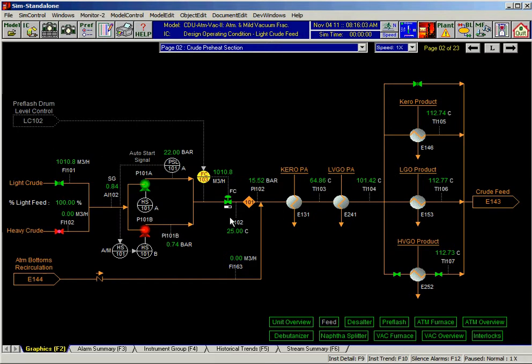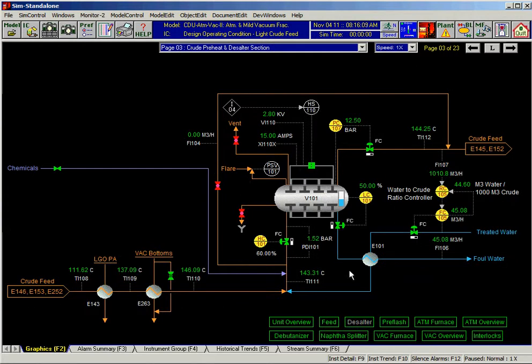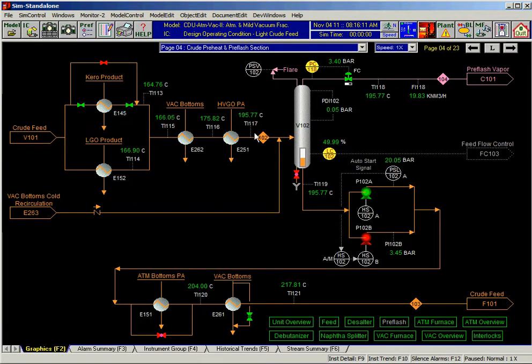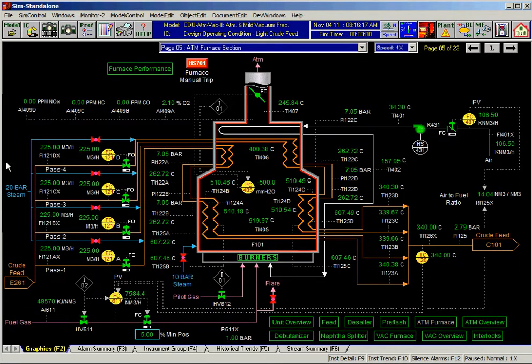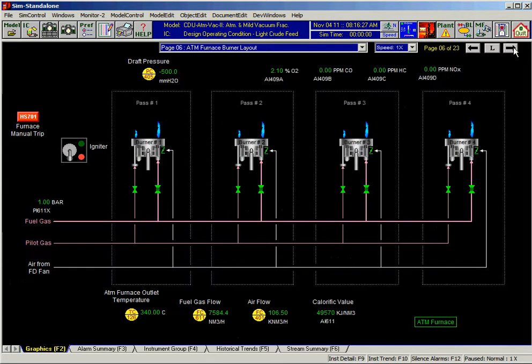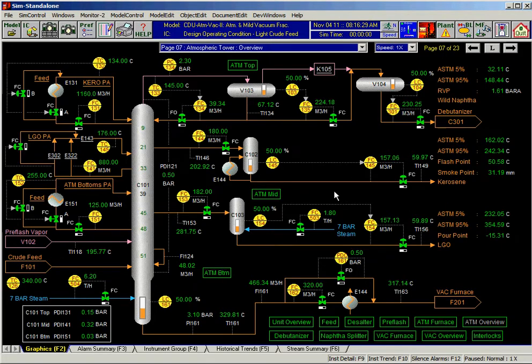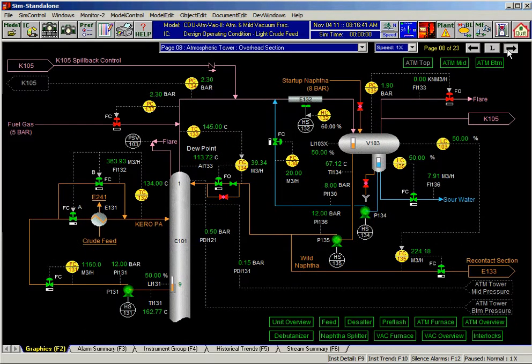So if I were to look into the feed section, this sort of looks similar. Preheat train is slightly different. Then we have desalter, some more preheat, pre-flash column, more preheat. Crude furnace, okay, so this is similar again, but this is a forced draft furnace. So here we decided to do something different. And then we have 4 burners. Overhead section, so the difference here is we have kerosene and LGO. Pump around is a little bit more complex than the previous one. And then we have a detail page for the overhead section,